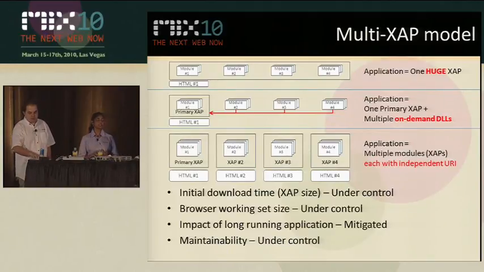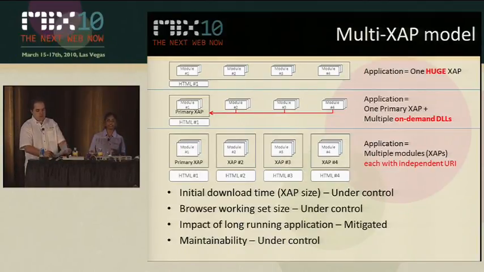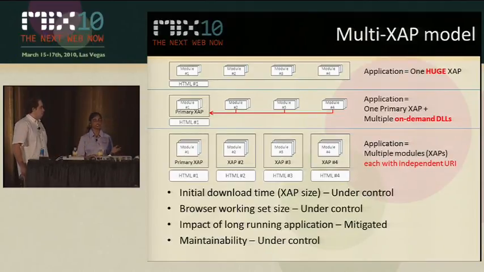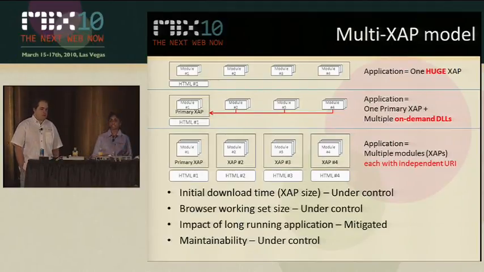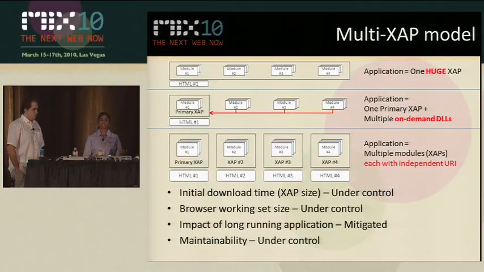The browser working set size is under control because each module is its own individual Silverlight Zap. Because of that, as the user navigates across modules, the app domain gets recycled. And because of that, the browser working set size is under control. Any issues with resource leaks, etc., are mitigated because the app domain keeps getting recycled as the user navigates our